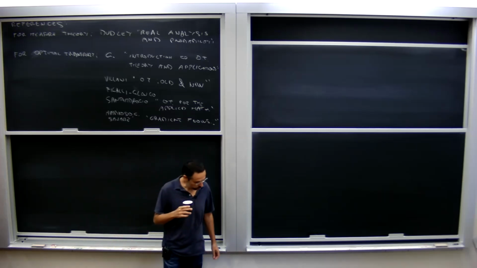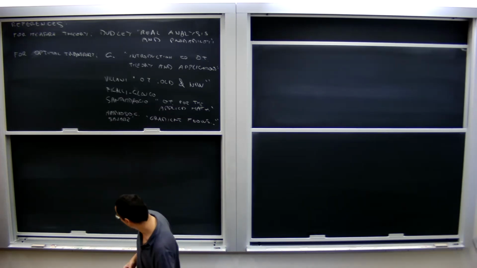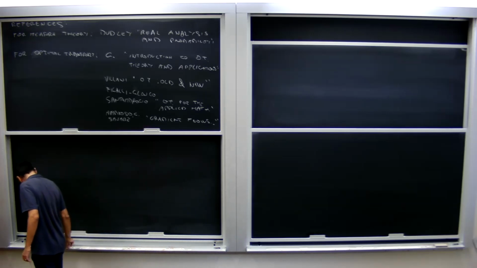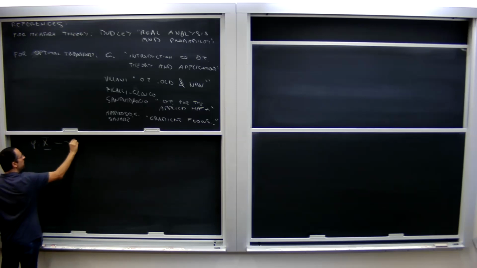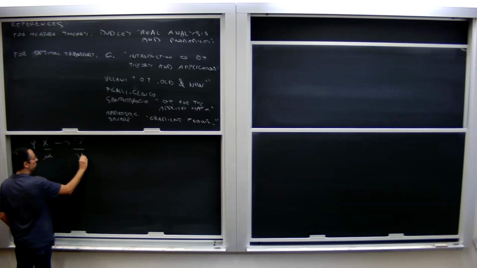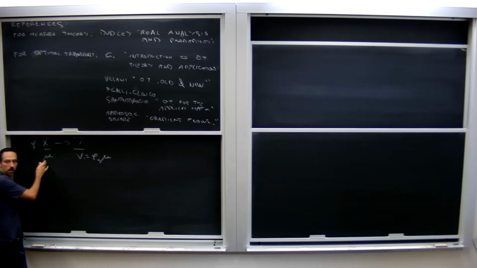So I had to conclude the proof of the disintegration theorem. Let's go. Questions? Okay. We start from where I interrupted last time. Let me recall the setting. There was a Borel map phi from Polish space X to Polish space Y. There was a measure mu, and here we have the measure nu, which is phi push forward of mu. And we were disintegrating mu according to this map phi.